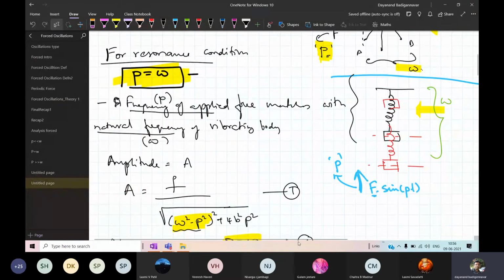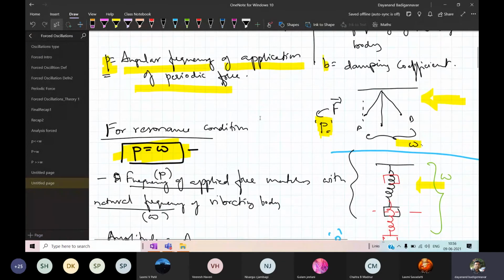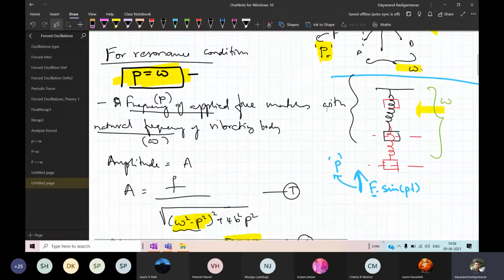Now I have taken the system here: oscillation of a pendulum and spring, and I have assumed that there is no damping, no airflow. Therefore, I can write the condition for resonance. I am highlighting this. This is the condition for resonance when there is no damping. Keep in mind, no damping.